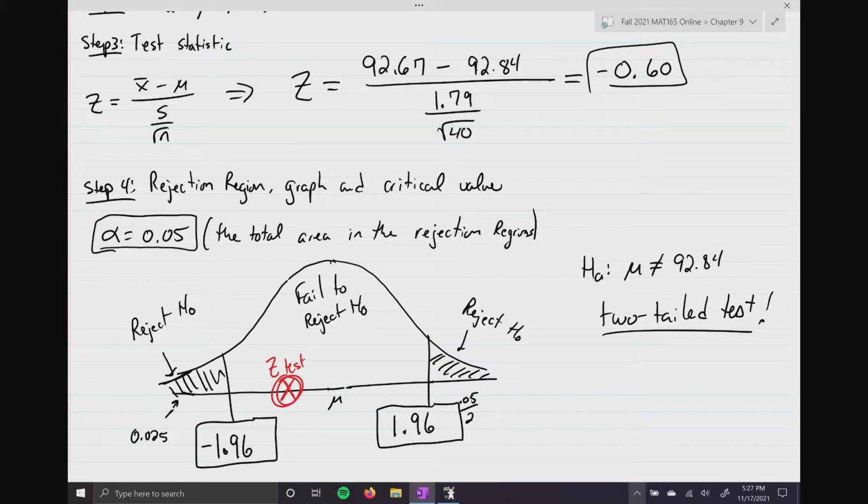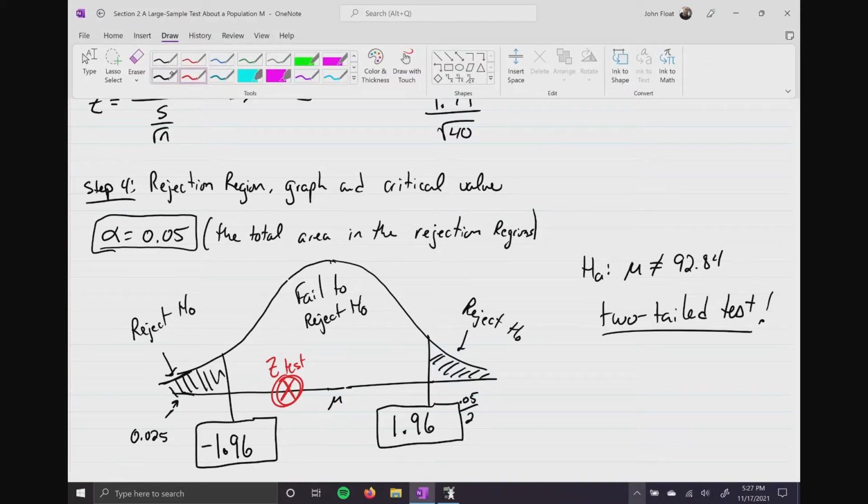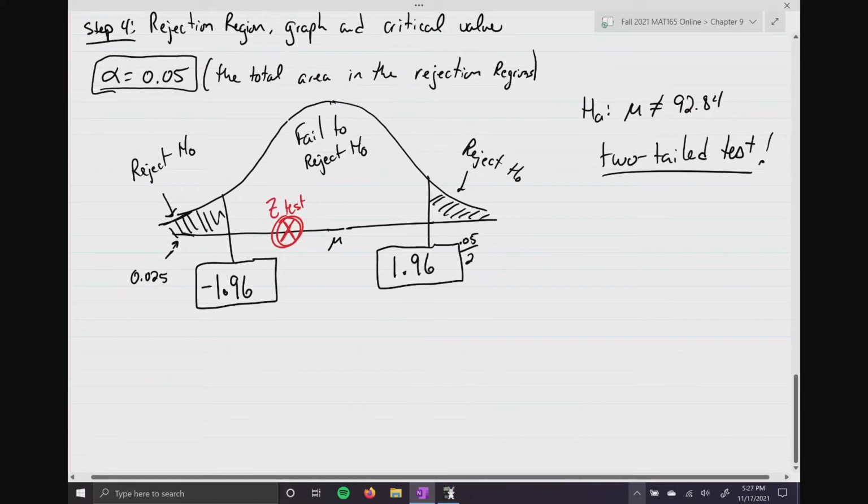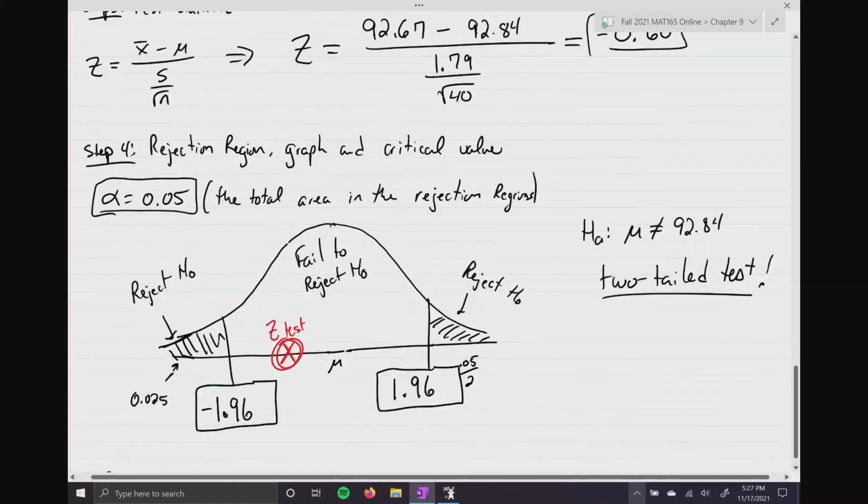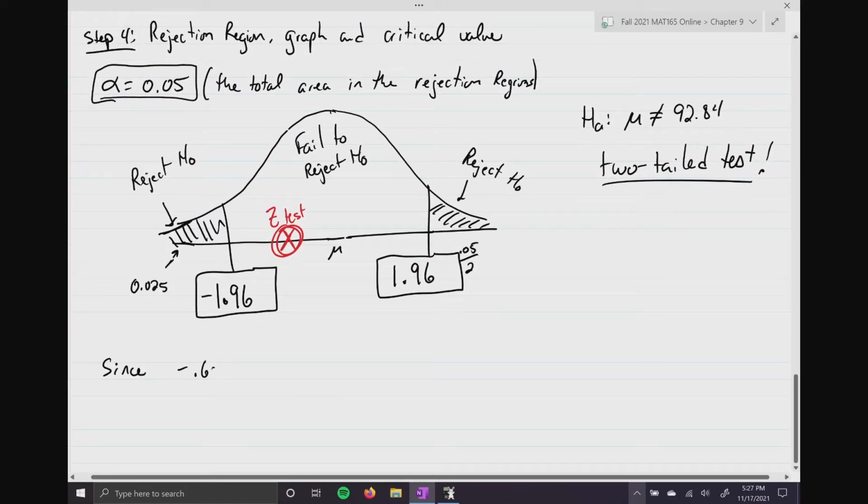Because the most important part here is our conclusion. All right. And what we're going to do is we're going to write a statement. So since negative 0.60 is in our fail to reject region,